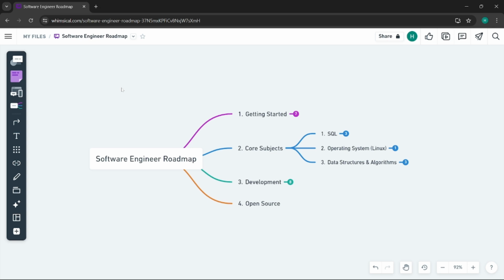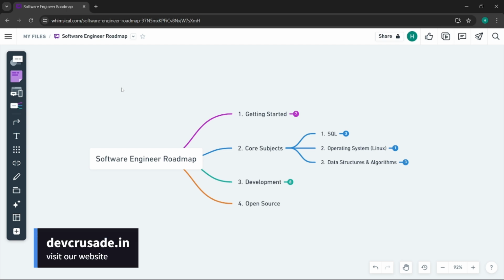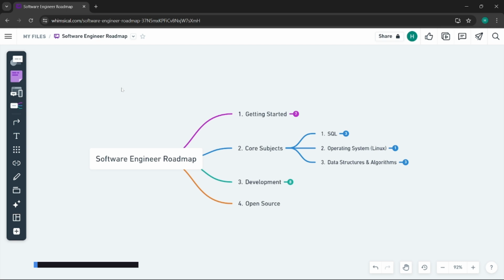My name is Himanshu, a software engineer currently based in Pune, and today we are going to see a roadmap of becoming a software engineer. And this specifically applies to you if you are currently in second year or third year, or even in first year, right? And of course, this is a foolproof plan. If you follow each and every step of this roadmap, you will definitely be able to become a software engineer. You will be able to get placed as a software engineer in on or off campus companies in the placements, right? So we'll start now.